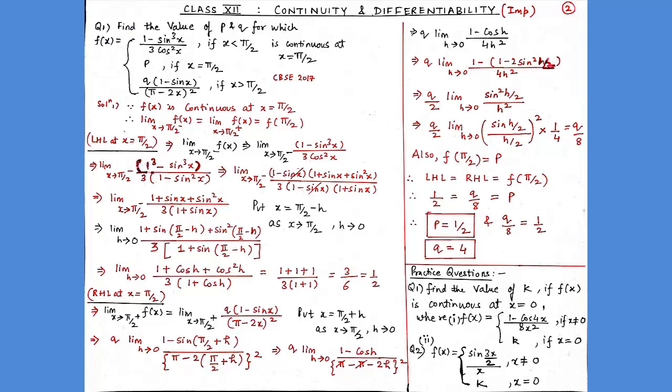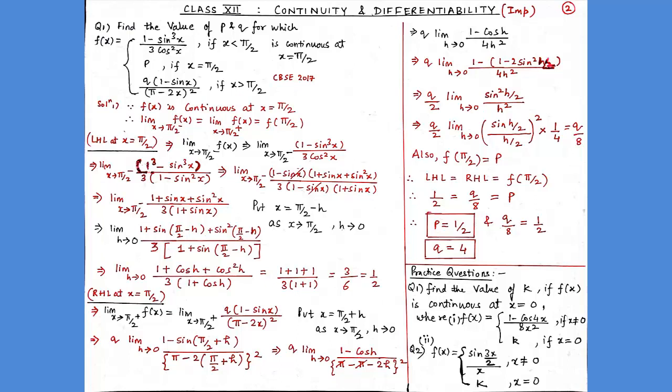So in the numerator, we can apply the identity a cube minus b cube, which is equal to (a minus b) times (a square plus b square plus ab). So from here students, on applying the algebraic identity, we get limit x tends to pi by 2 minus, and in the numerator, we can write 1 cube minus sin cube x as (1 minus sin x) into (1 plus sin x plus sin square x). And again, in the denominator, we have 1 minus sin square x. So I can write 1 as 1 square.